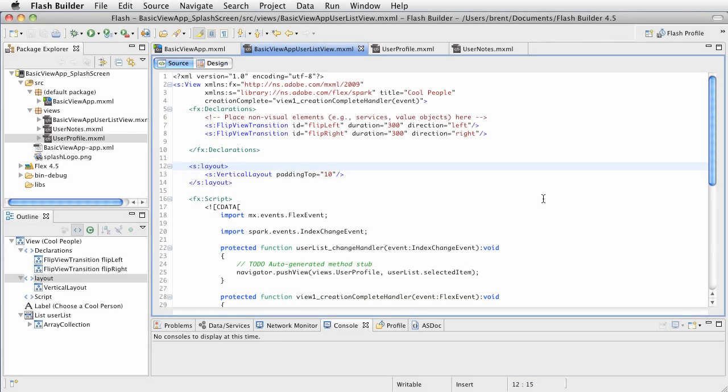Hey there, this is Brent Arnold, and today I want to talk about how to pass information back from a view that you've popped off of the view stack. So here I am in Flash Builder 4.5, and I'm looking at the splash screen version of